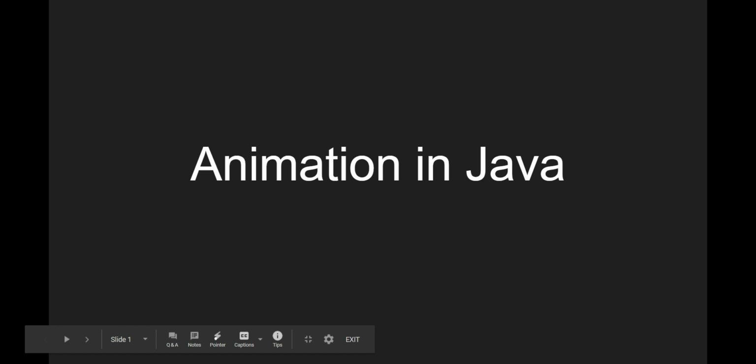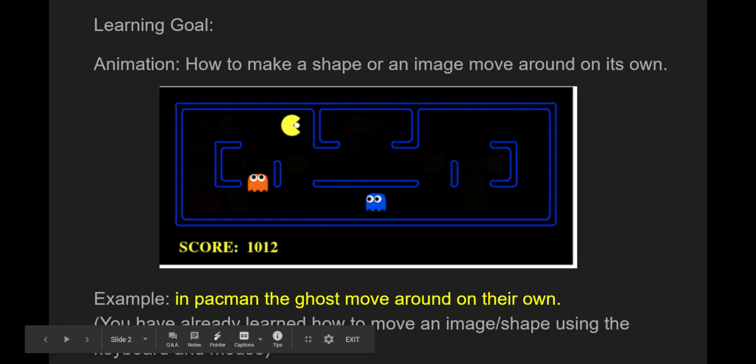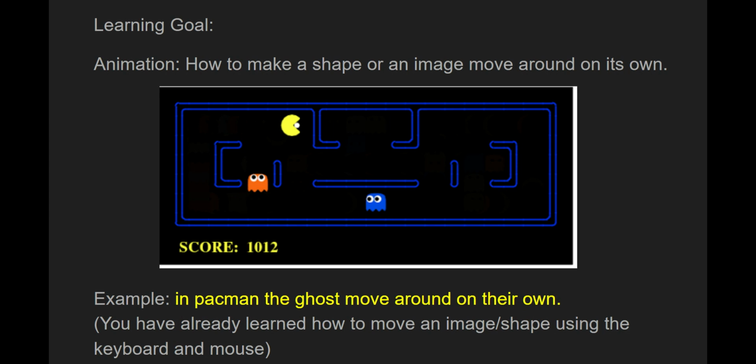Alright, so let's begin with our animation tutorial. As you know, an animation is basically making something like a shape or an object move across your screen without the user's input. So for example, in Pac-Man, the ghosts move around the screen without the user's help. The Pac-Man, on the other hand, is moved around using the mouse or the keyboard, and you have already learned